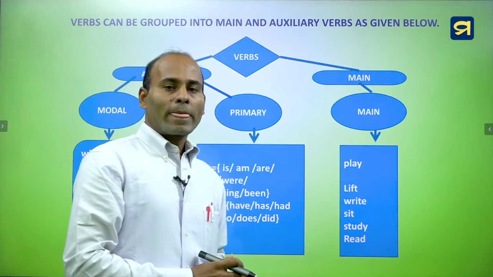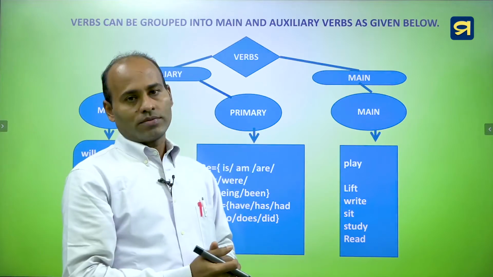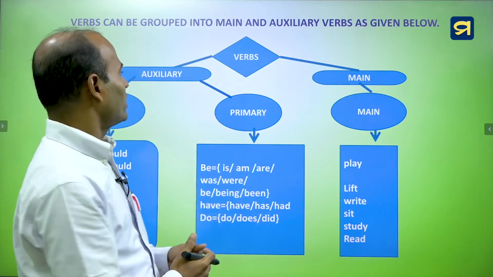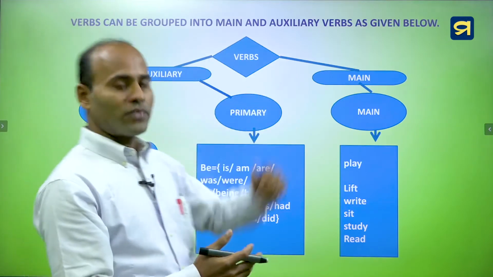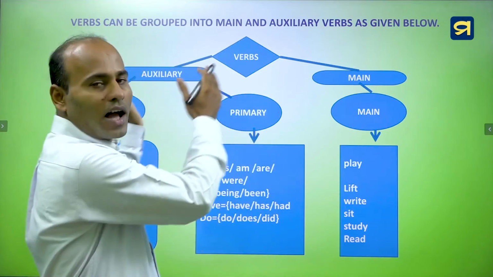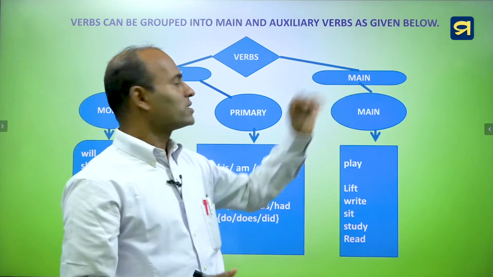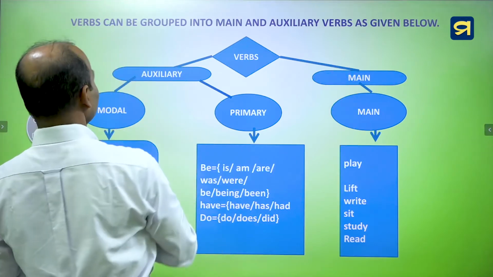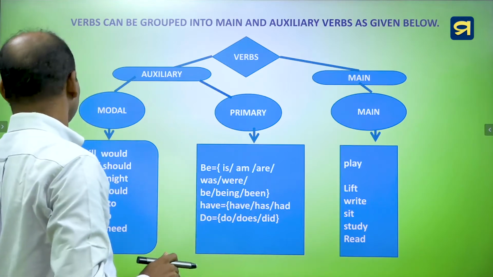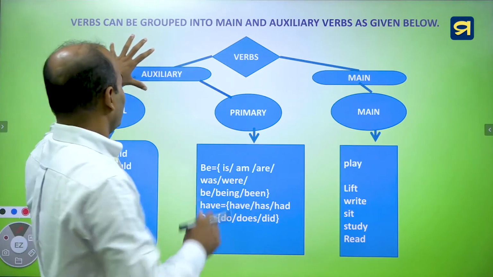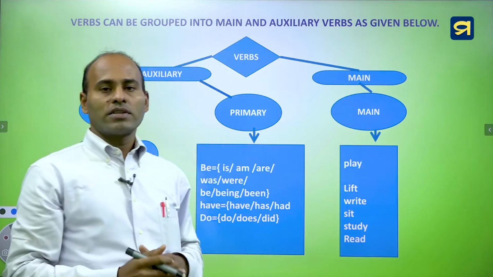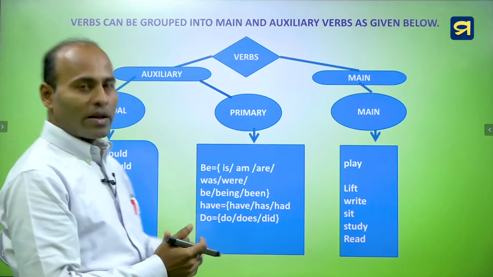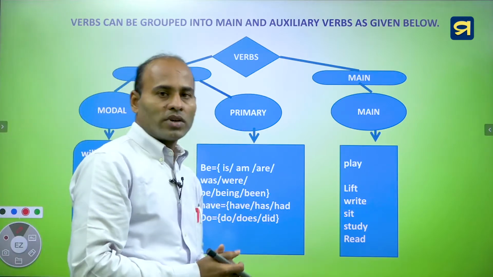So now let's classify verbs. You know it very well that verbs can be divided into two parts. One is auxiliary and the second one is main verb. So again, we can classify the auxiliary verbs into two main parts. These are modal and primary auxiliaries. So in case of modal